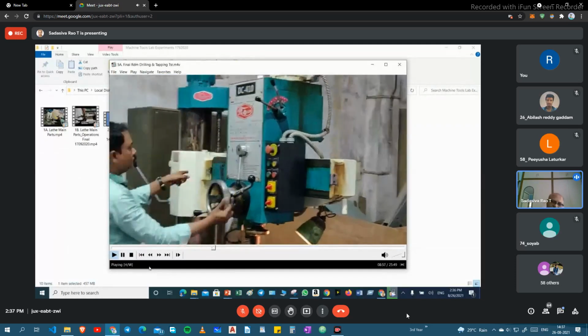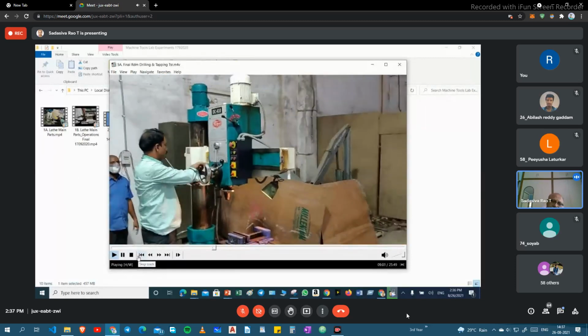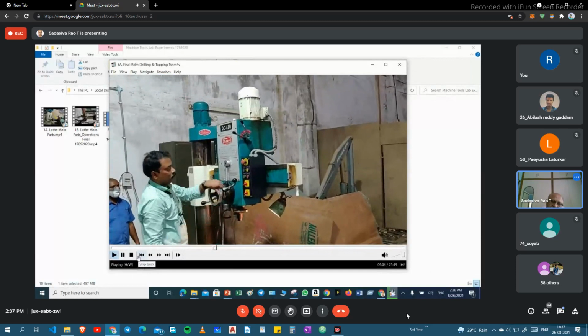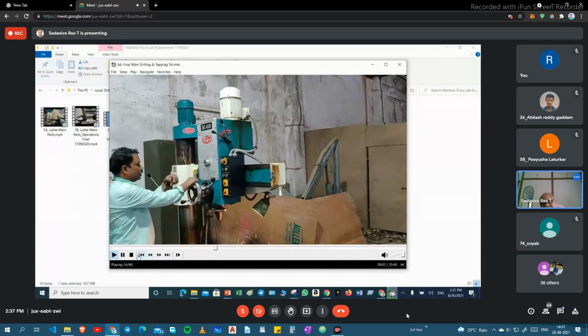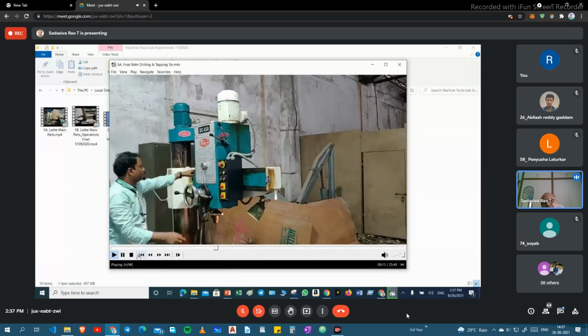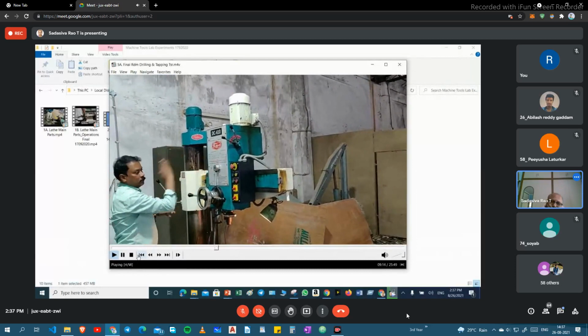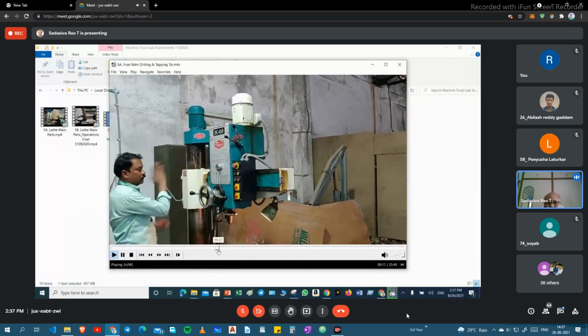So this travels exactly 1 meter. Exactly 1 meter this one will travel. So totally there are three axes. One is moving like this, called the x-axis. The spindle coming up and down is called the z-axis, and this complete arm will go like this. This is a radial moving mechanism.